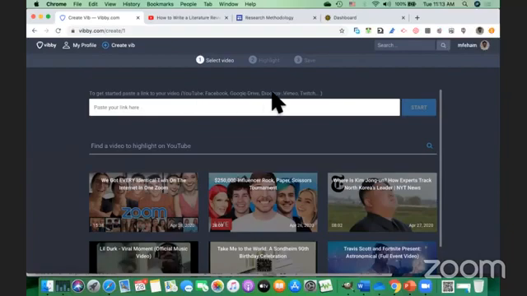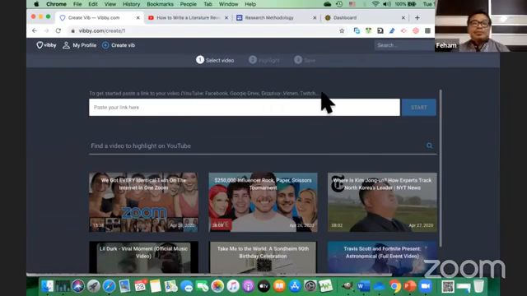It's stated here, all the services supported by VB. But if you upload your own video to the LMS, and then want to use VB for that purpose, it defeats the purpose. You have to share the video first on Google Drive or Dropbox, and then get the link, and then put the link here so that it can be edited using VB. Any other questions before I proceed further?